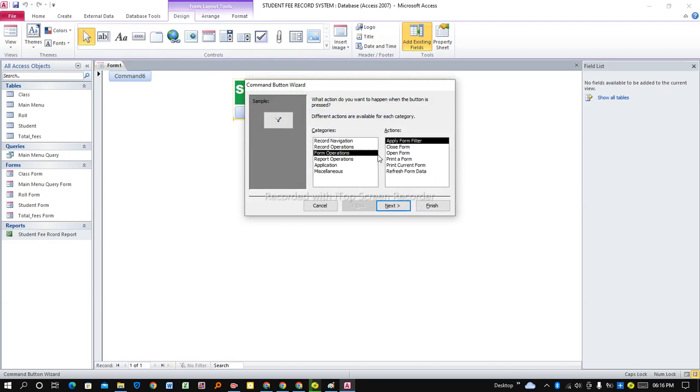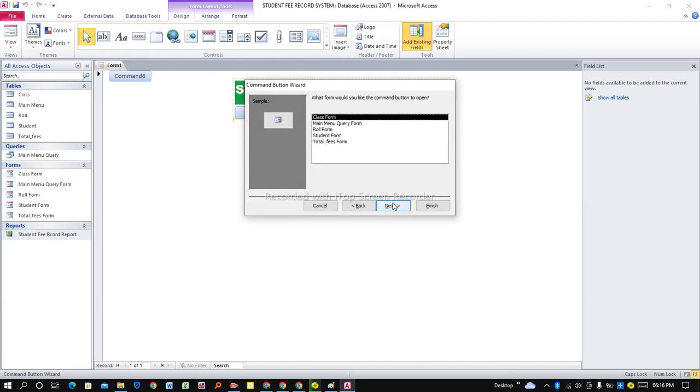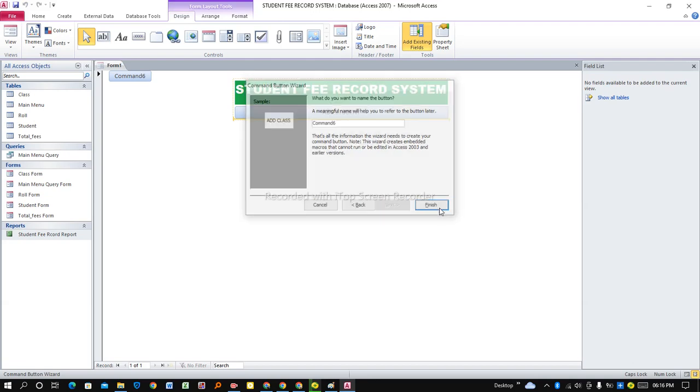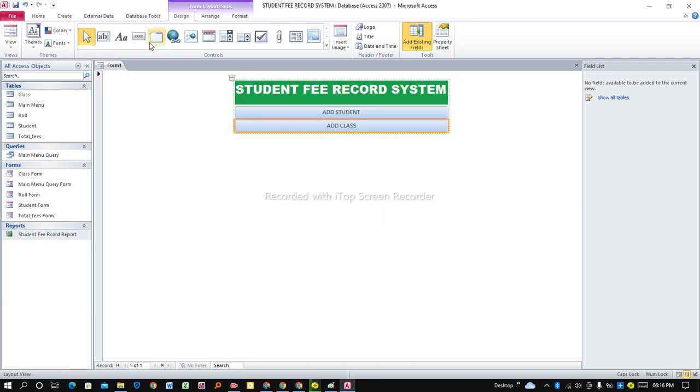Form operation, you repeat the same, open form, next, then the next one is going to be class form, then you click next, then you're going to use text right there, add class, then next, finish. Add another button